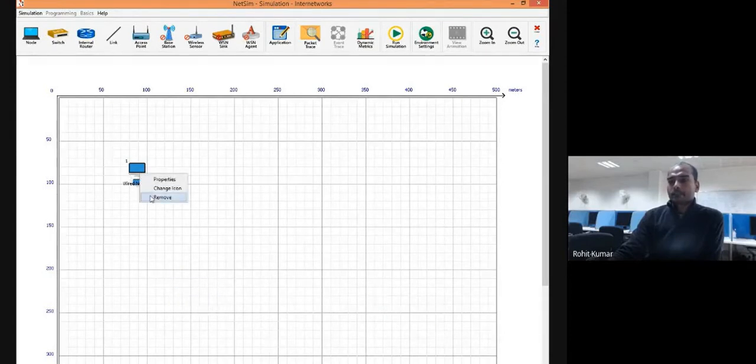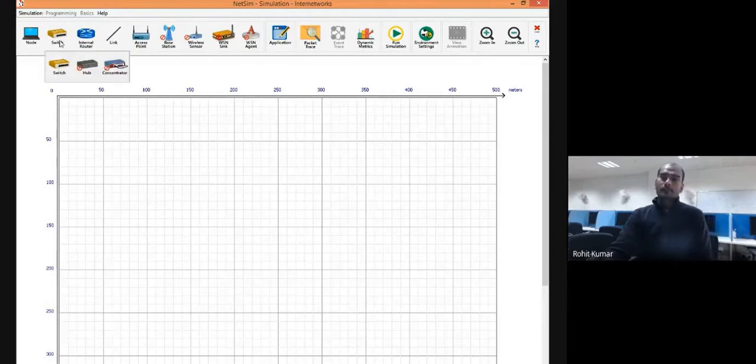in this way. Similarly, we have different interconnecting devices in the form of switches, hub, concentrator. Little difference in the form of hub and concentrator. Now you can see that these icons are not available in this particular setup. So in inter-network scenario, you are not supposed to use the hub or the concentrator. Hub and concentrator are sort of similar devices. In the cellular networks, you see the form of concentrator. So let's leave that discussion. We'll simply choose the switch.